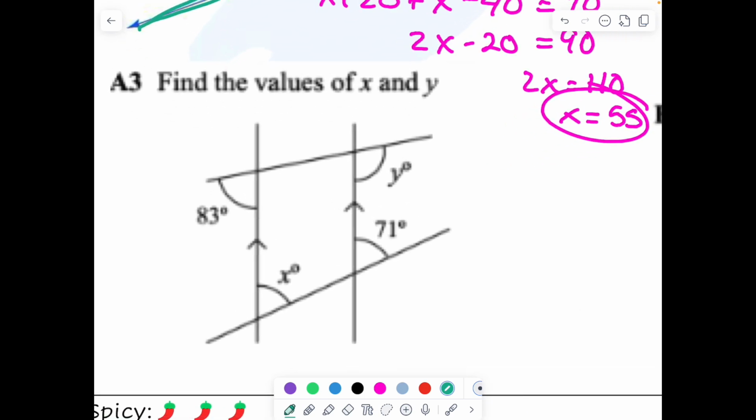Over here, let's see, here are the parallel lines, so it's almost like you'll want to turn this sideways. 71 and x are corresponding angles, so that means that x is 71 as well. And then